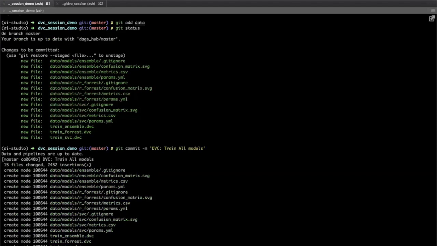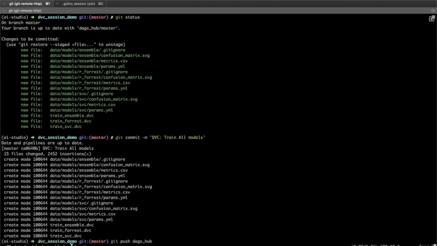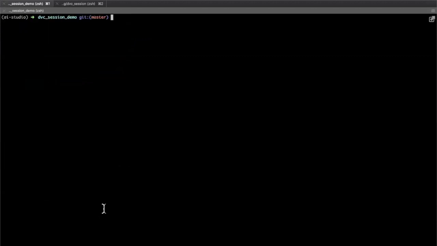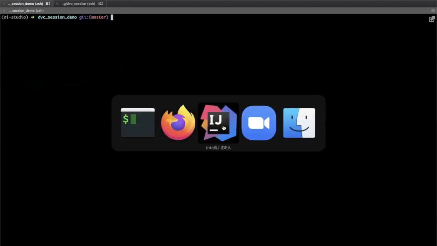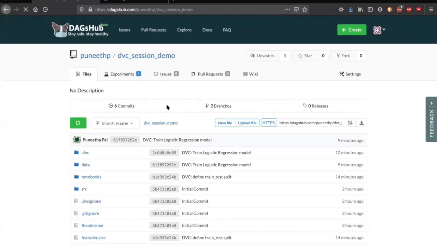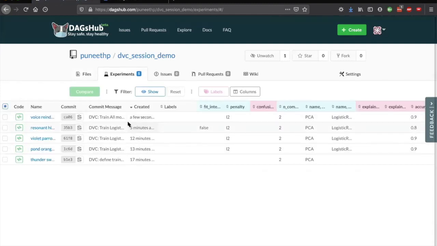Now git push. Now this will also invoke DVC push to Google Drive. Now see, currently random forest got pushed. Now an ensemble model and SVC model. So all the models are now available for anyone to consume. So if you go to here, so in the fifth experiment, I have trained all the models, but you can have different commits for each models. That's the best practice.